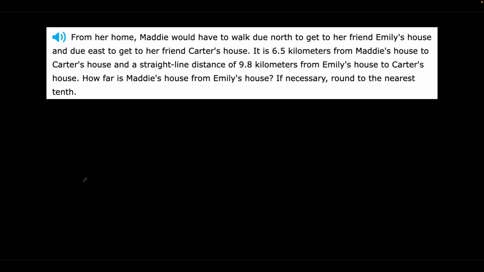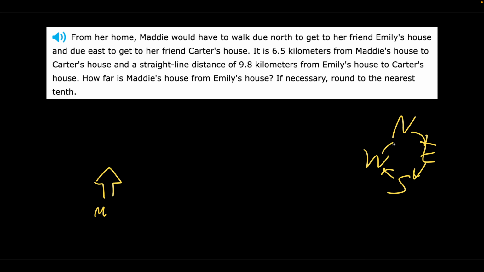So it says from her home, so let's draw a nice house here. Boom, this is Maddie's house. Maddie would have to walk due north to get to her, okay, so never eat shredded wheat. Here's your compass, that's how I remember it. Never eat soggy waffles is the best way to remember that. Anyway, so Maddie has to go north